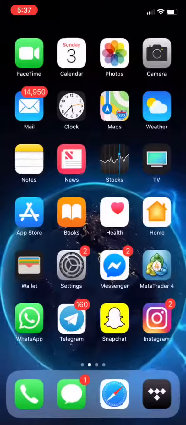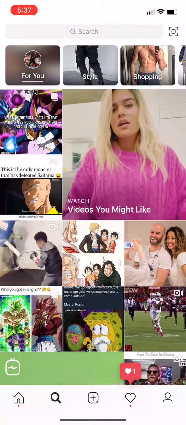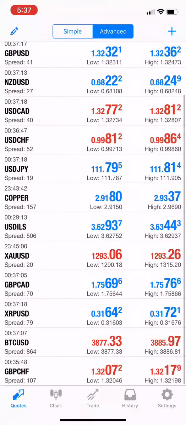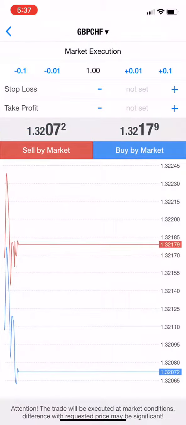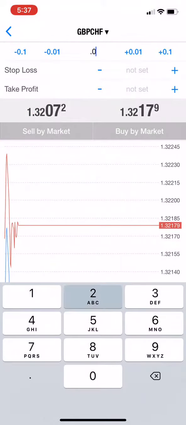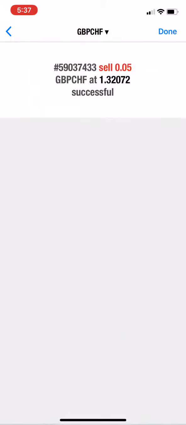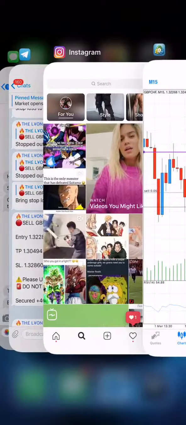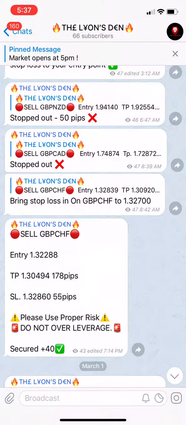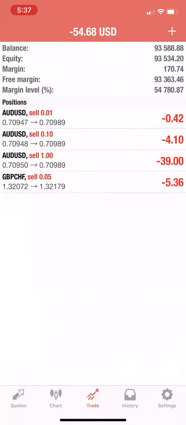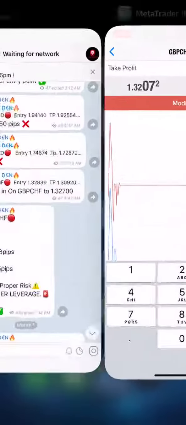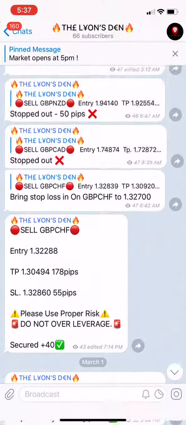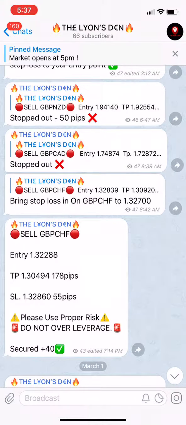So let's say I place a trade and we're gonna go safe. We're gonna go low risk management. I'm gonna put 50 cents per pip, which would be 0.05. So I place a sell. Profit is 30.49. Loss is 32.86. So you're risking 55 pips